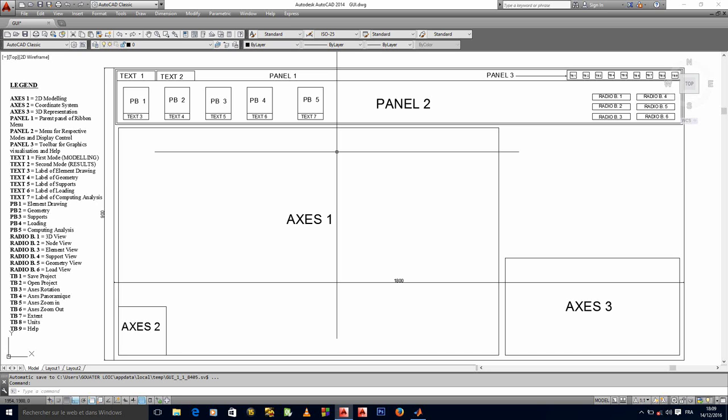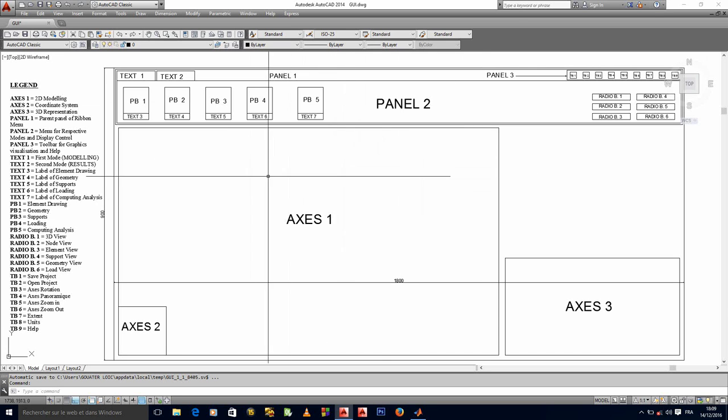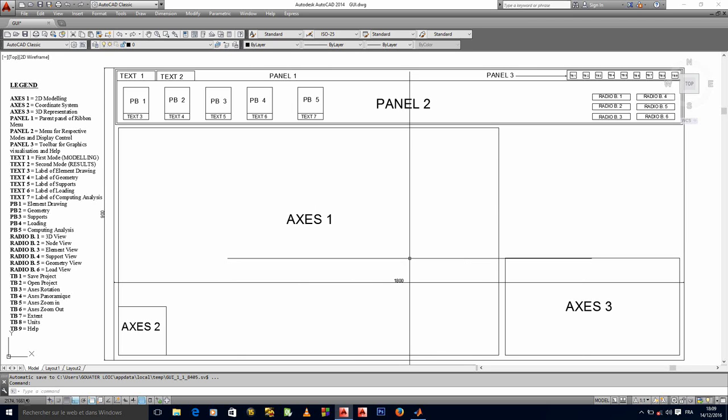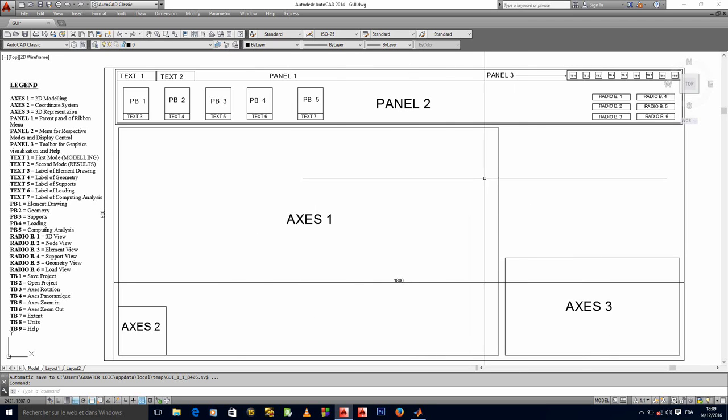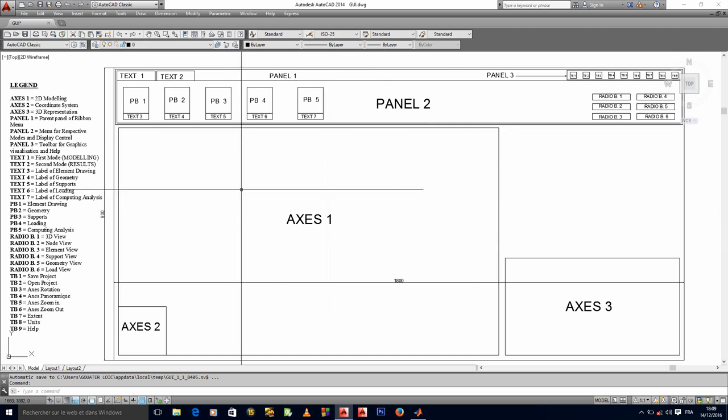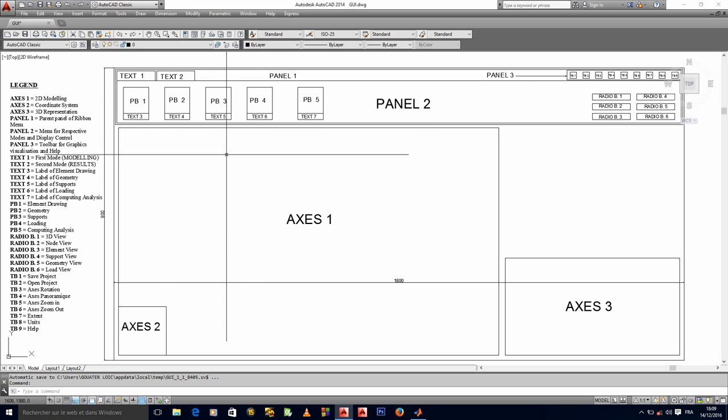So I've already shown you the program. If you see this interface, you understand what everything here stands for. But as I drew it in the beginning, I have a particular PB here, PB1, PB2. You might not understand what it means, but PB stands for push button. When I say text here, it stands for text. Everything here is identified according to the type of widget I am using in MATLAB: what style of UI control, what panel, what axis, and so on.